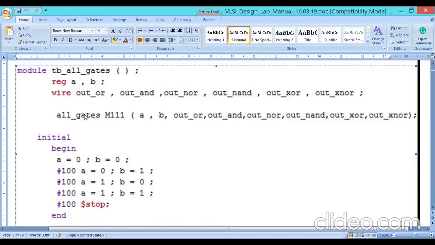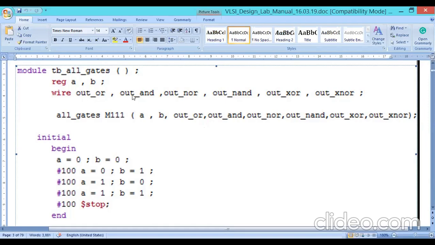So immediately it will revert back the out_or, out_and, out_nor, XOR, NAND, XNOR outputs. These values will update, and we can see those values in the test bench because we declared them as wire. Whatever the design outputs are, we can see them in the test bench. This is very important.